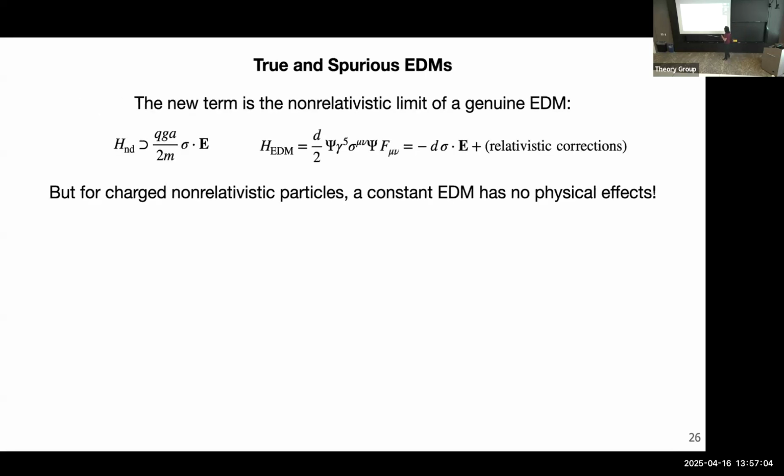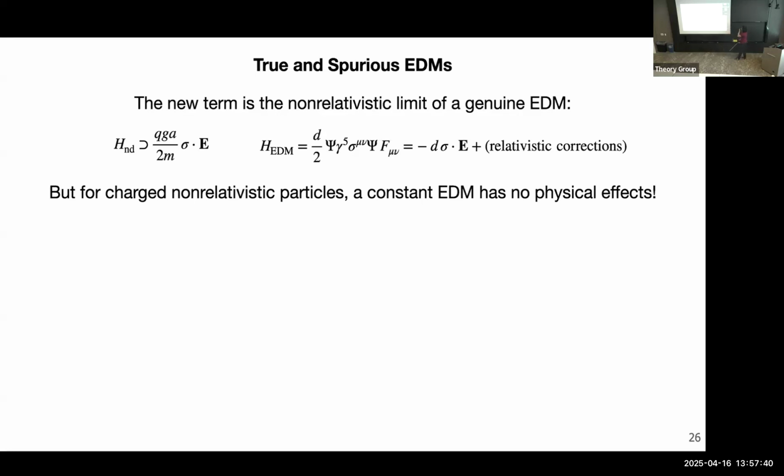So now I'm going to simplify again by taking dA/dt equals 0. So the only term that shows up is this sigma dot E term. And so this is even more confusing. So in the second way of calculating it, you get a term that looks like a bunch of constants times A times sigma dot E. And that's kind of weird because you probably learned in Griffiths' electromagnetism textbook that this is what a dipole moment is, right? So when you have a magnetic dipole moment, it means you have a term in the Hamiltonian that looks like sigma dot B. And when you have an electric dipole moment, what that means is you have a term proportional to sigma dot E, right? That's literally what it is.